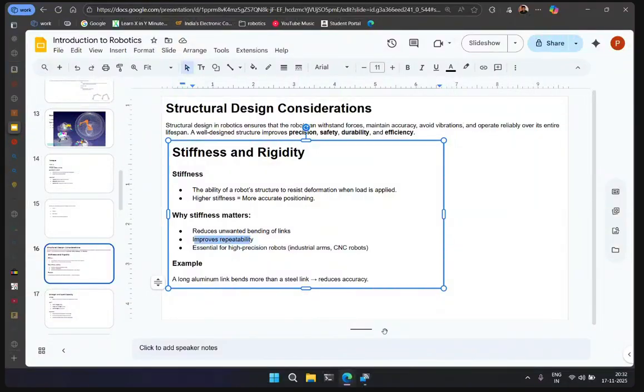Improve repeatability. So a robot arm will not just stay in one place and stand there, right? It does one set of motion continuously, like pick and place. It just picks something from a conveyor belt and puts it in some other place. Every time it has to do the same thing. Now what happens is if it does the same thing again and again, the margin of error increases,